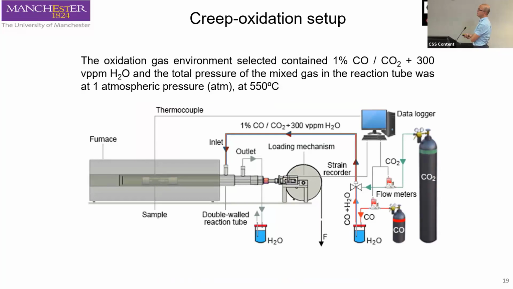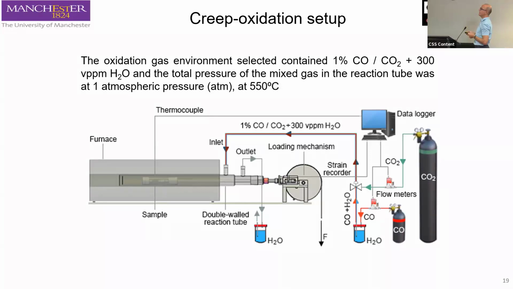So the samples are stressed inside the reaction chamber, as I said, using a pulley system with a dead load weight system. And the environment is achieved by flowing carbon dioxide and carbon monoxide, using digital flow meters, then injecting this environment into the chamber. And we also added some water by bubbling carbon monoxide in a jar of water, which was kept at a given temperature in order to achieve 300 ppm